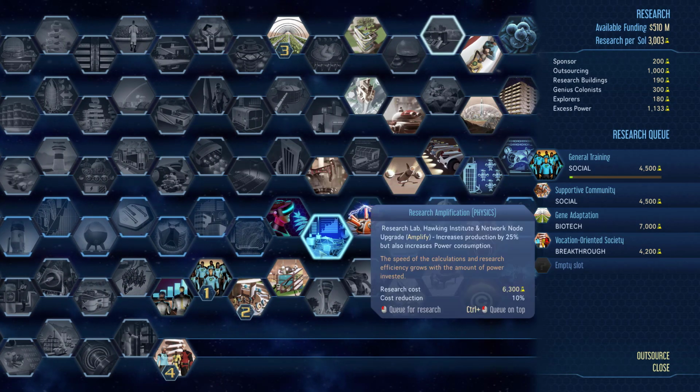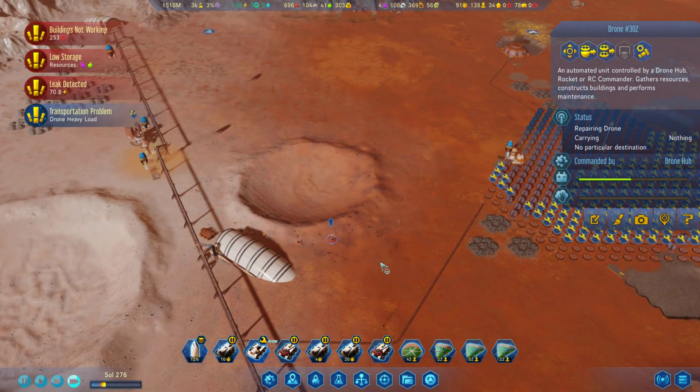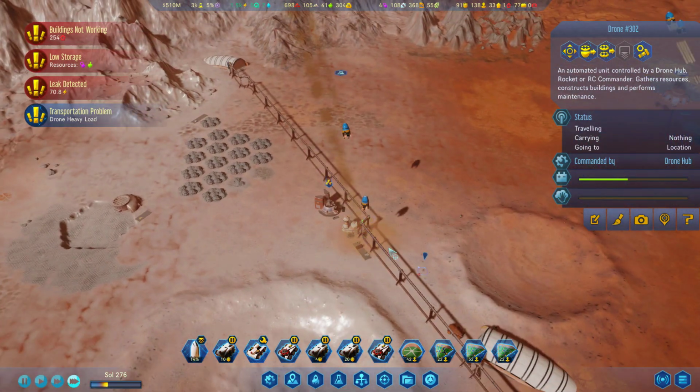Workshops are actually something I'll let myself think about in the future. That's a big deal. Fueled extractor we could put on. That would be good, since we can really crank out a lot of fuel with all the moisture vaporators. I would be okay with putting some...